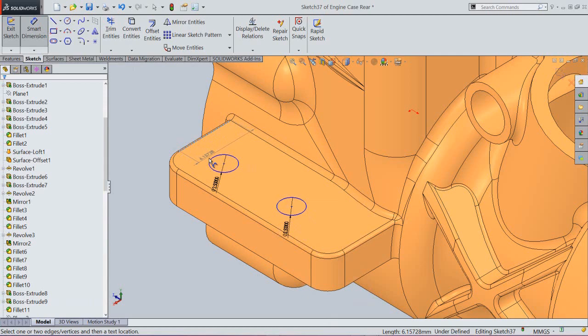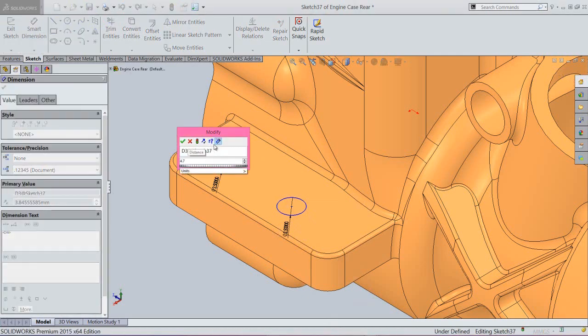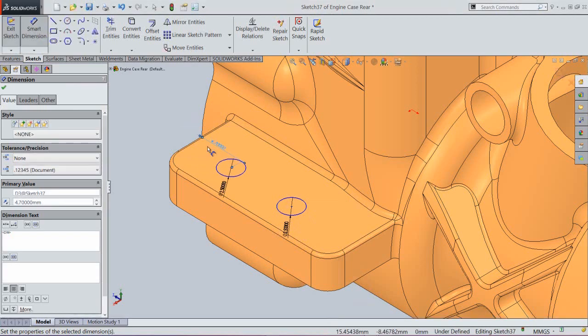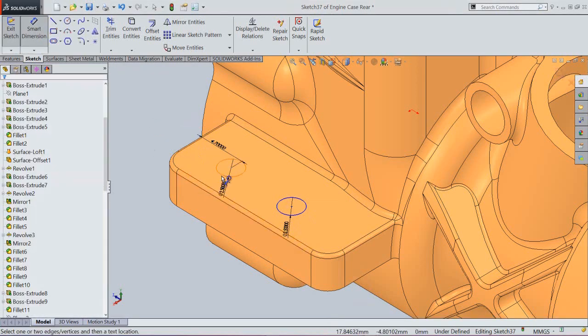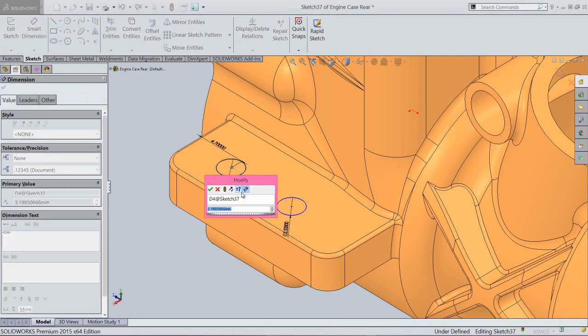And apply the dimension between this point and this line, 4.7 mm. Okay, it will keep 2.7 mm.